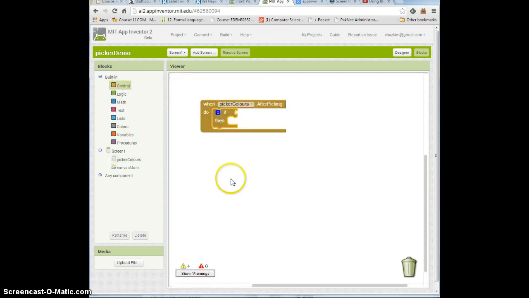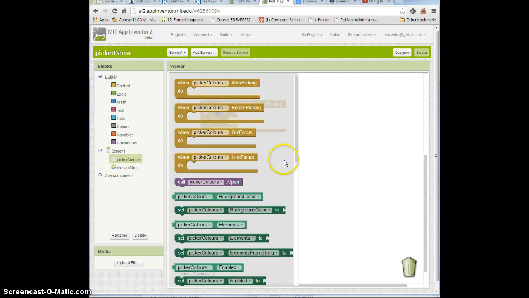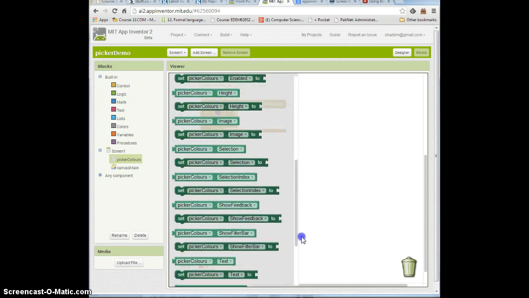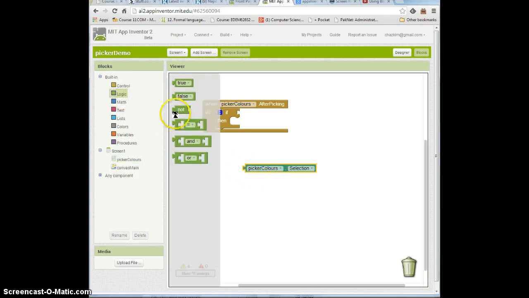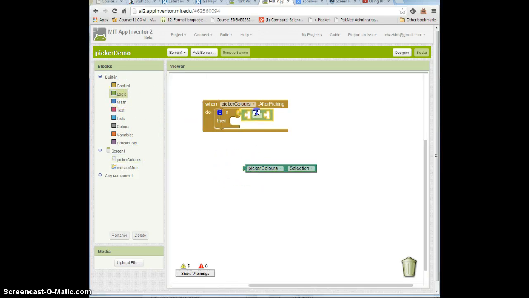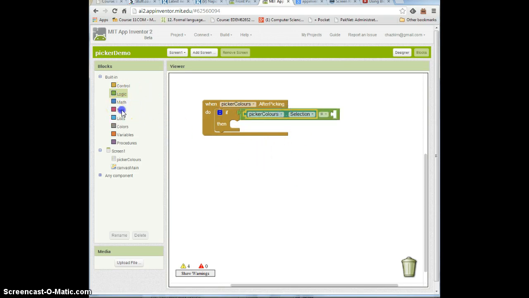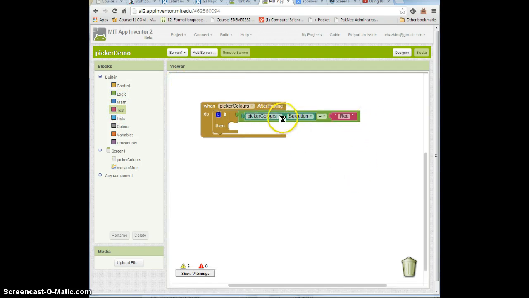So I'm going to drop an if in, and I need to say if the picker color dot selection is equal to red. But to do an is equal to, I need to use logic, because that's a logical statement if something is equal to. So I'm going to say if picker colors dot selection equals, and the text is going to be what I want, so I use this funny little text thing. So I'm saying if the text from picker colors dot selection is equal to that red, then do this thing,